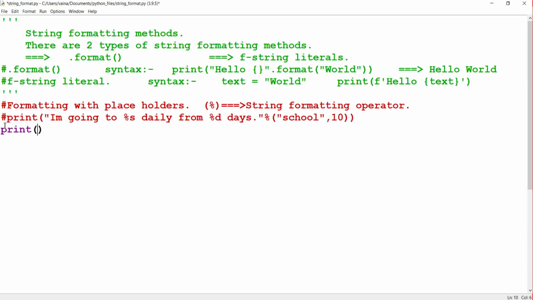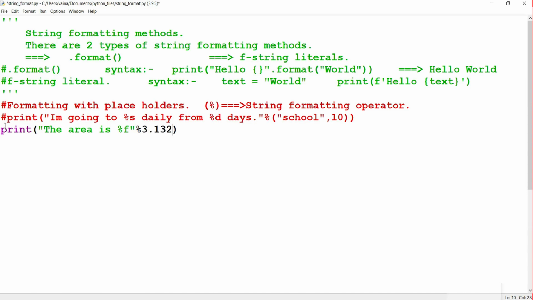If you look at another example, similarly we can use the placeholder operator for floats also. I take a string, and here I took the placeholder and the format specifier f, that is float, and we pass 3.132.